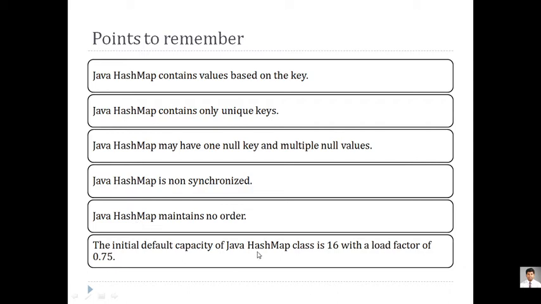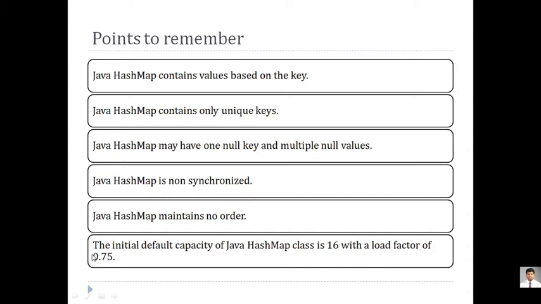And another important thing: by default, whenever you create an object of hash map, 16 key and value pairs can be added. So by default, the minimum size of it is 16. If you just initialize this hash map class object, it automatically makes space for adding 16 elements. As far as load factor is concerned, it is 0.75. So it is faster compared to any other.